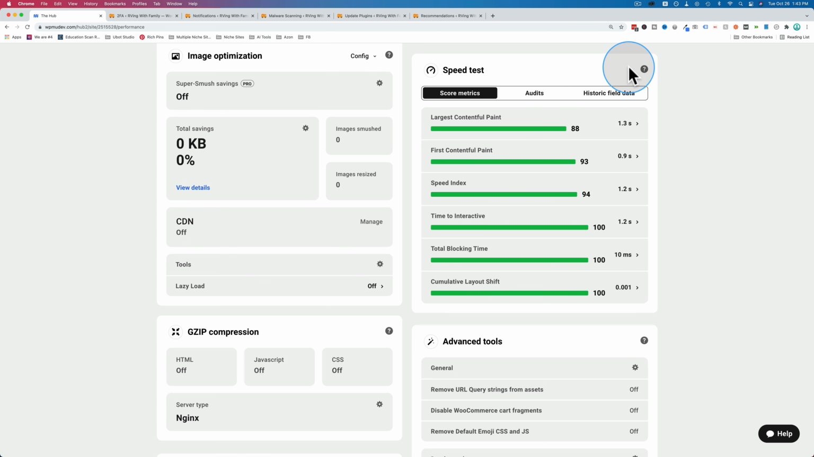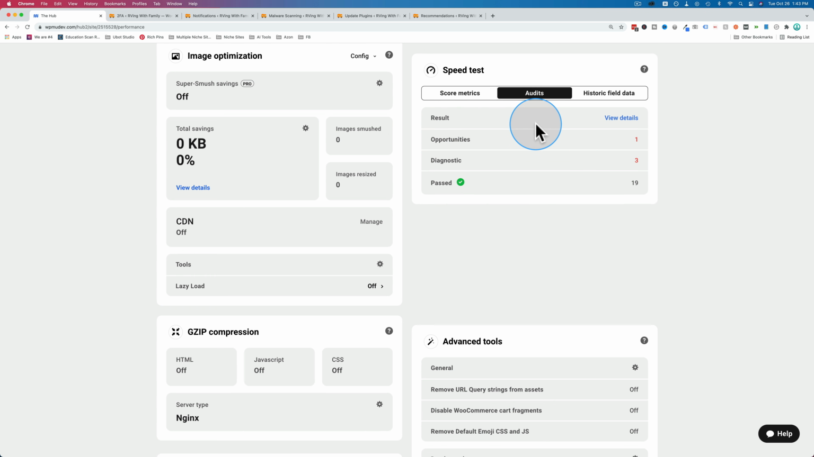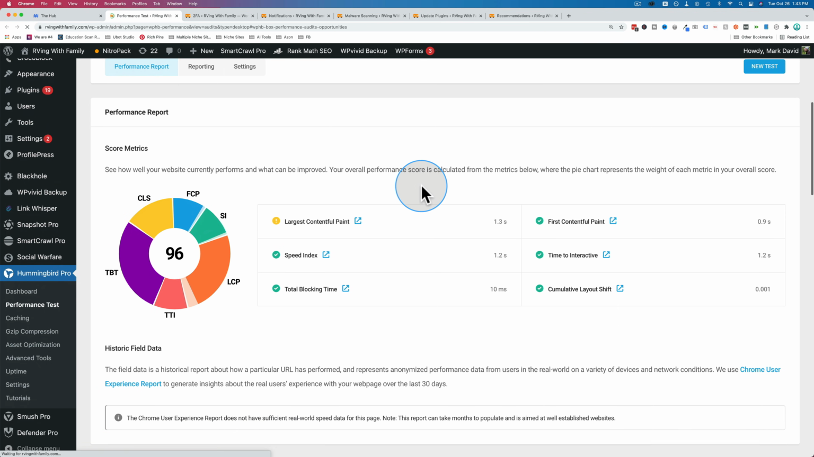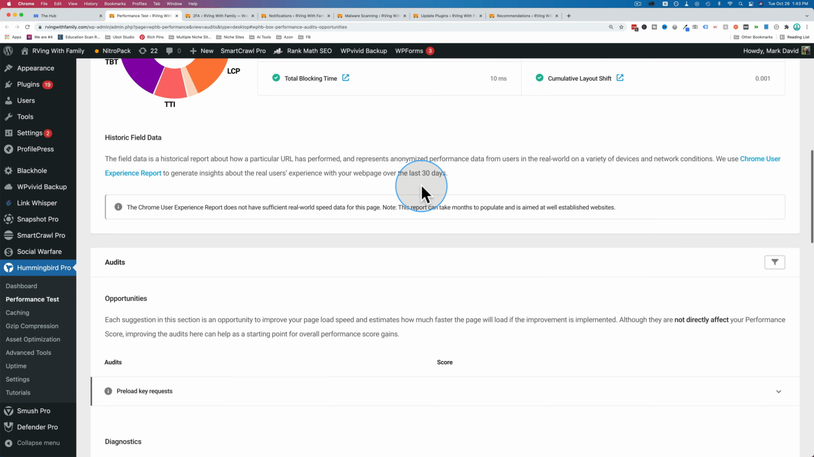We have our speed test tab, more data from Google PageSpeed Insights. We see they're all green, so that's fantastic. We have audits, which shows you specific things that you can improve on. If you view the details, it'll show you more details down here. This is pretty similar to the stuff that you get from Google